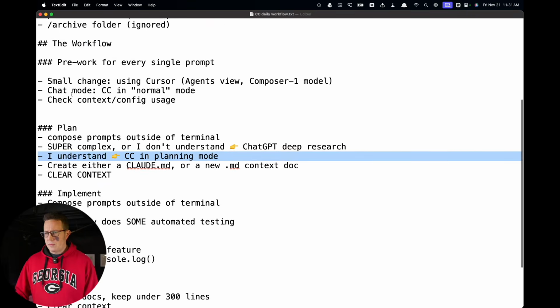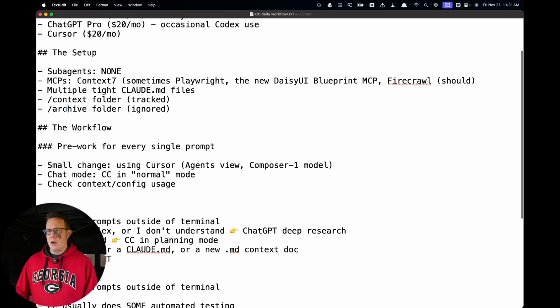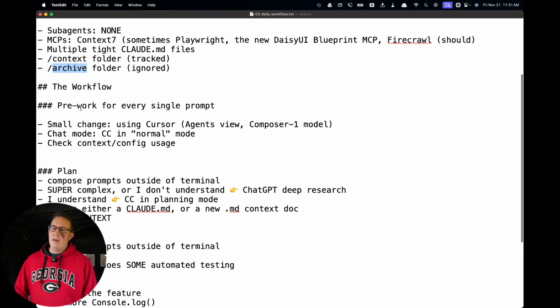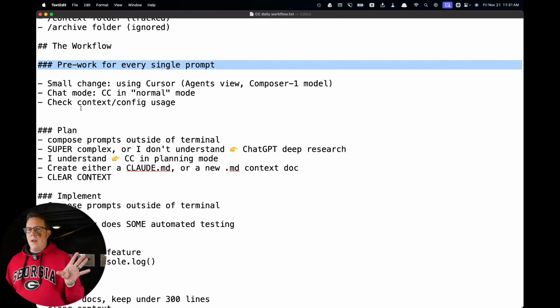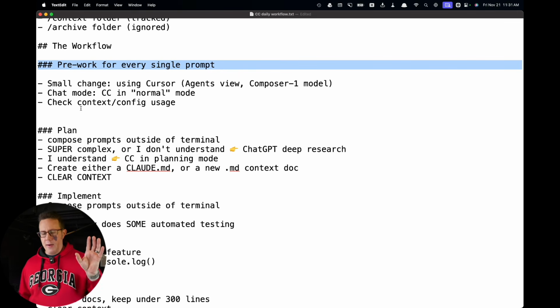Okay, so I'll come back here. Archive folder, I got to that. Okay, so here's some workflow stuff. If anything is small, and I think it's going to be easy for the AI, which you only learn over time,